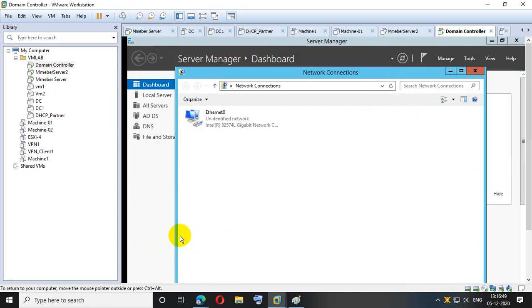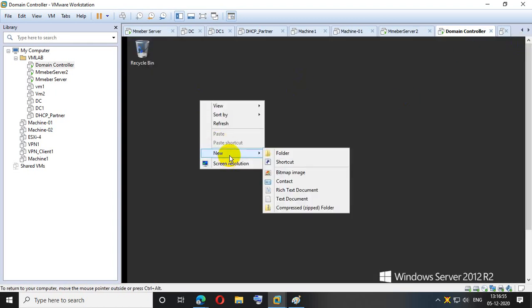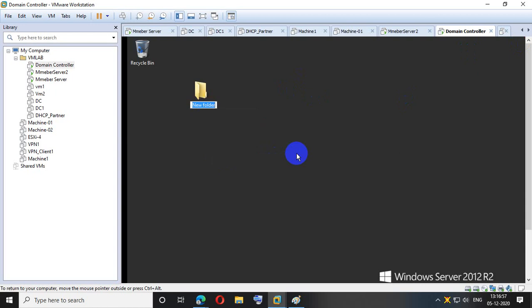Okay, so fine. So I'm doing one more thing. Let me create a file there, Business data.